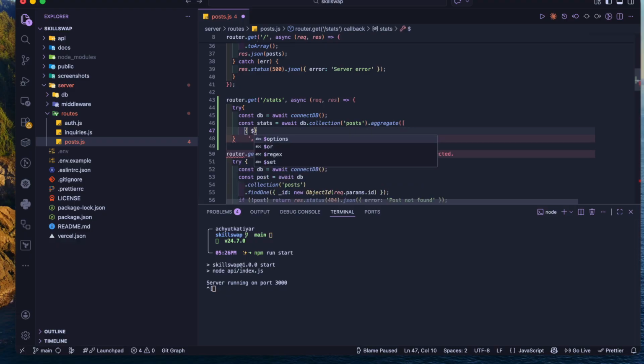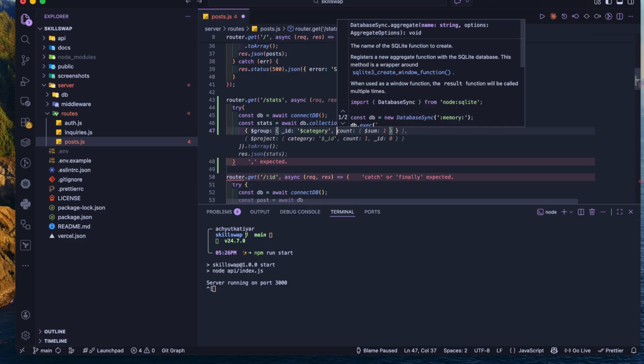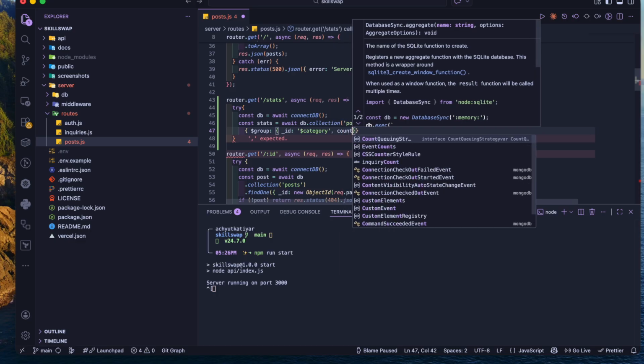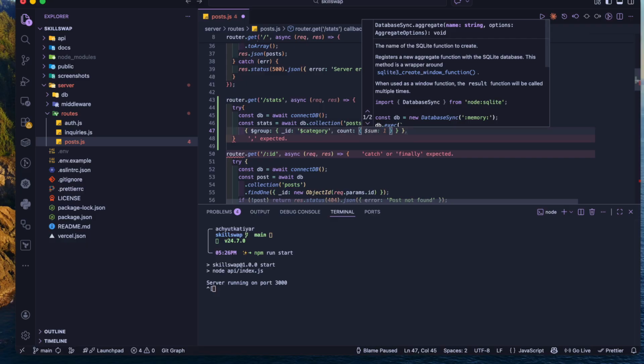But I only need group underscore id, and here I would need to sort it by the category. So I'm gonna write category and then count, and we're gonna count